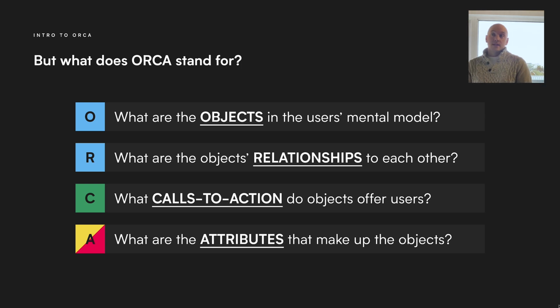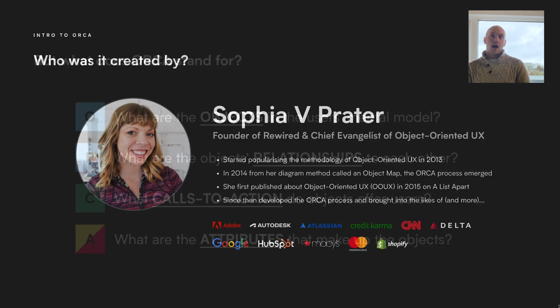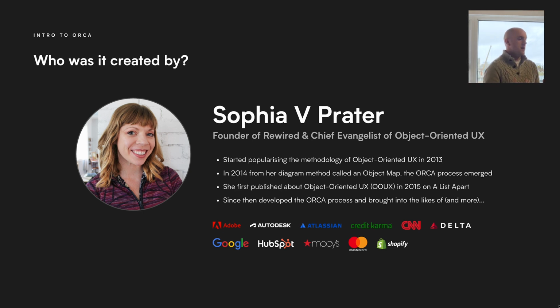Who created all of this? A lady called Sophia V. Prater basically popularized the term and methodology of object-oriented UX back in 2013. And in 2014, she developed a diagramming tool called the object map. This is where the ORCA process started to emerge, but she acknowledges that at the time she didn't have the word ORCA or the thinking of that back then, but it was definitely starting to come out of the woodwork. She then first published and started talking about object-oriented UX in 2015 on A List Apart,